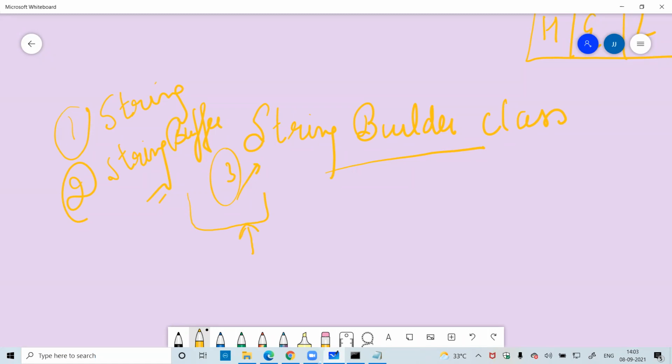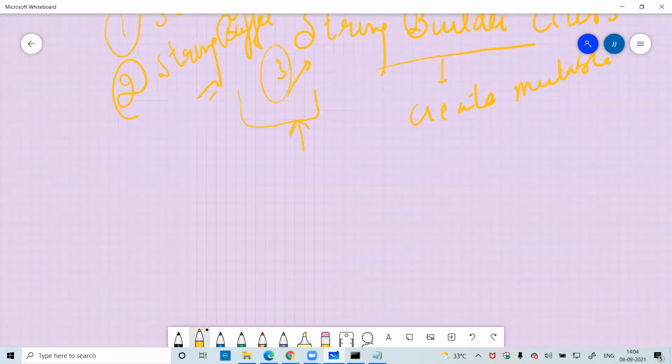The string builder is also used to create a mutable string. It works in the same manner as the string buffer. Only the difference is in the syntax.